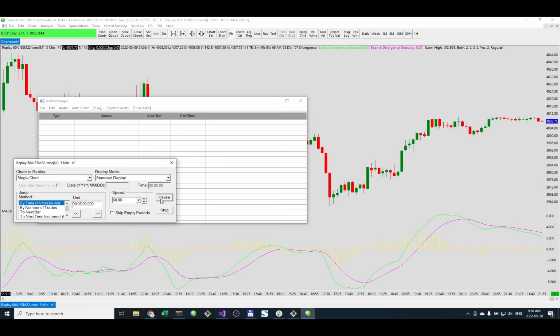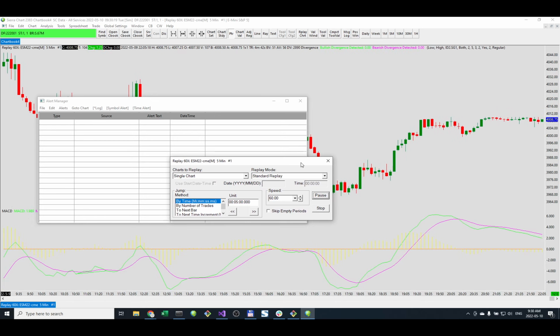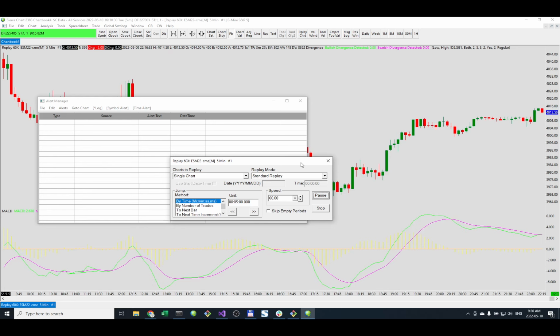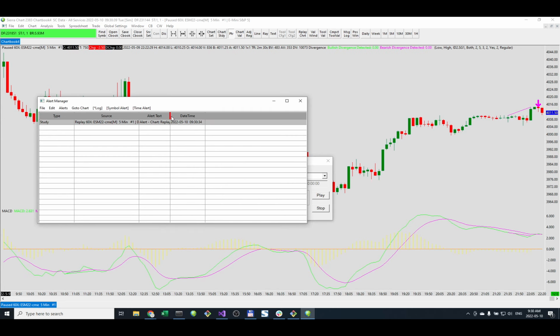It's fine. And now wait for the divergence to happen. I think that's like a bar or two. Yep, price going up. Up, there we go. So we see the alert fired,